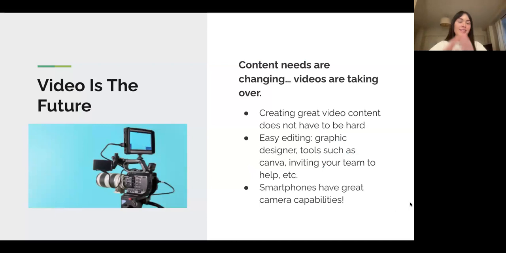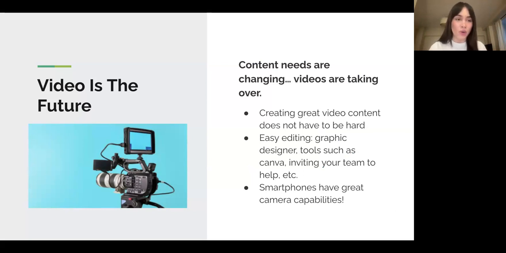Video is the future, and this is across platforms. So even on Facebook, even on Twitter. And I think that was really onset from TikTok. People want video content. That's what they tend to gravitate towards more nowadays. So again, creating video content can be great. If you create one video a month, you don't have to create a bunch of videos and post. That's not your main job as a school when it comes to marketing. But something short and sweet can really help you with engagement, and it can be easy to do.